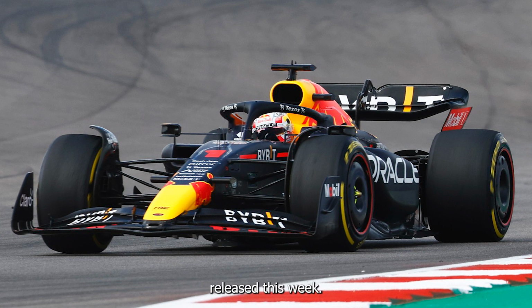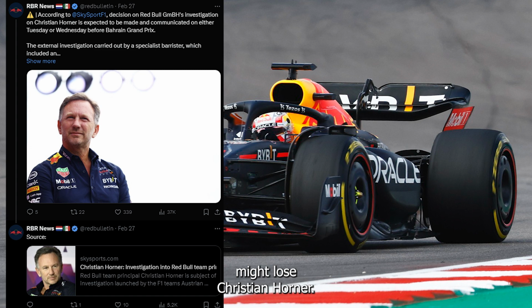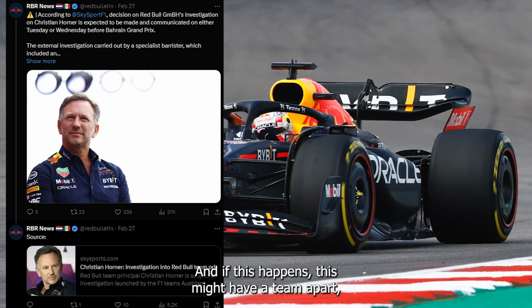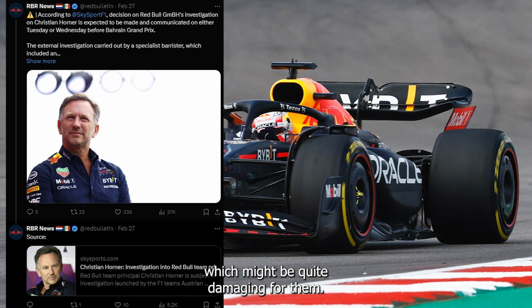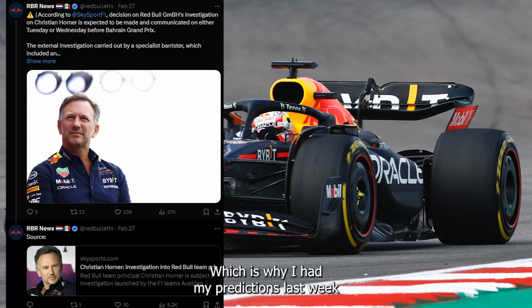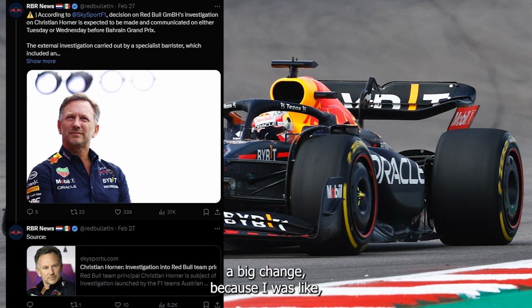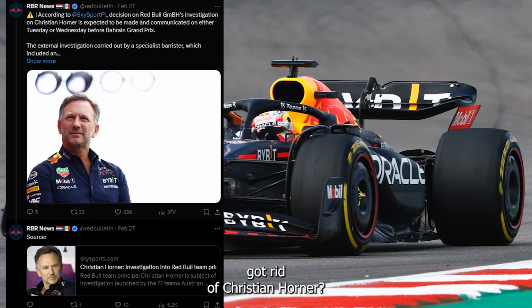But there would be a verdict released this week. There's a chance Red Bull might lose Christian Horner, and if this happens, this might tear the team apart, which might be quite damaging for them, which is why my predictions last week, based on my yearly finishing predictions, changed a bit, because I was like, what if Red Bull got rid of Christian Horner, and what if